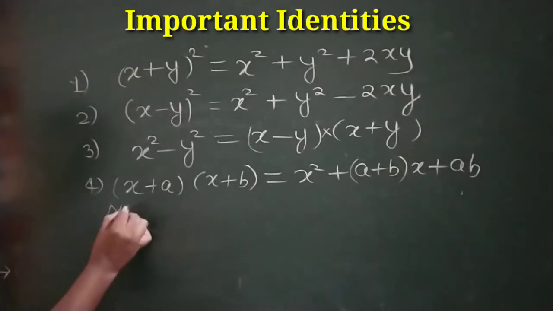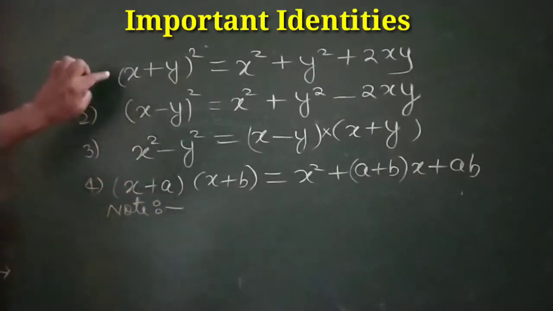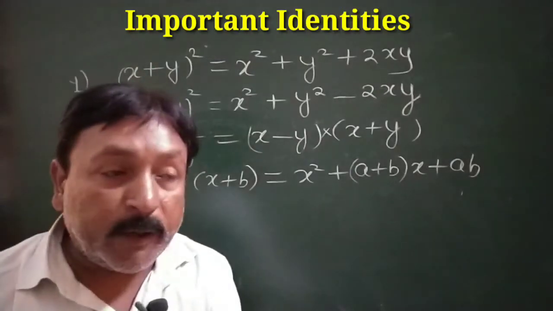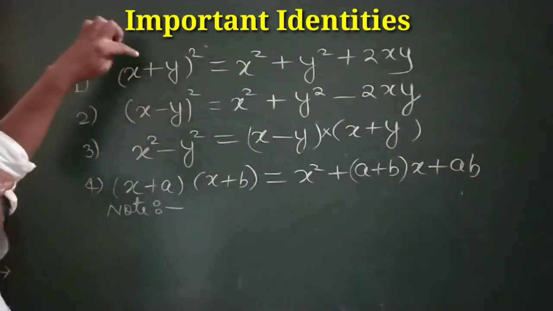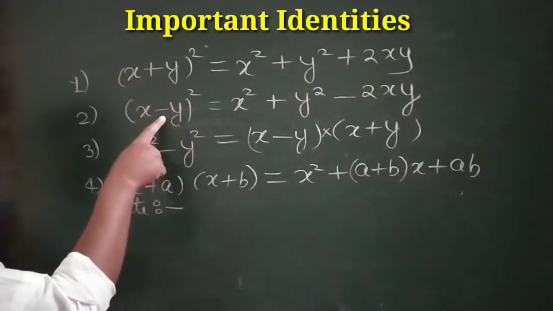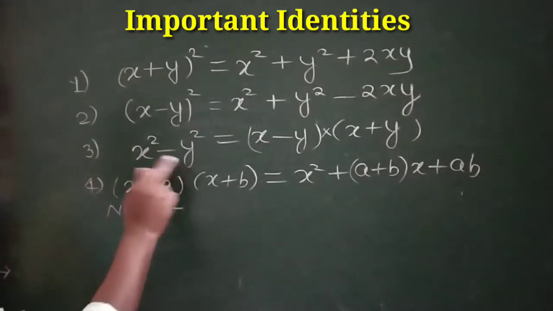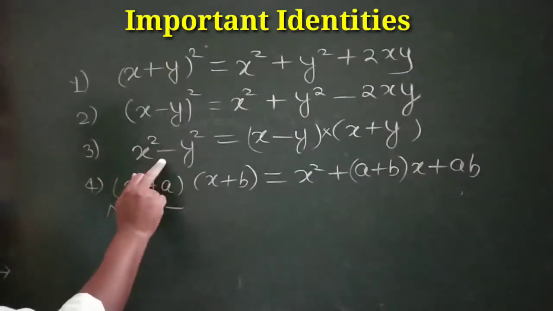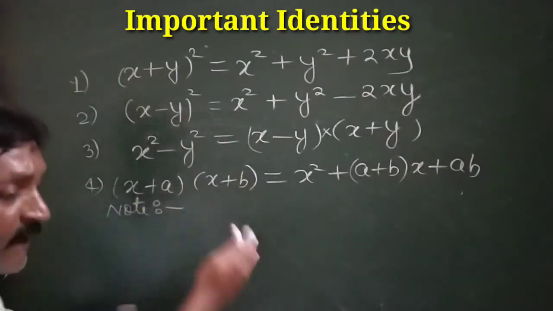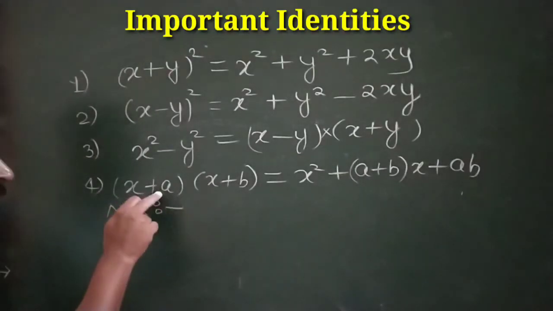Okay. Note one very important thing which you have to keep in mind: in the starting 3 identities, you have to just take x and y. Okay. No need of taking them with their sign, because we are having this for positive things also, and this for negative things also. And it only works when two things are having square and a minus sign between them. Okay. The fourth identity is a general identity. Okay, means it can be positive also and this thing can be negative also.